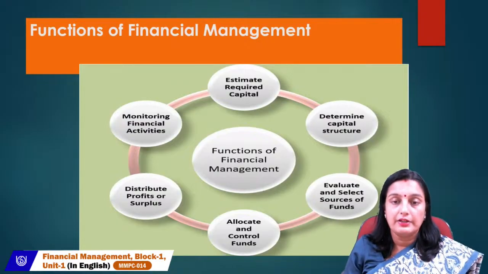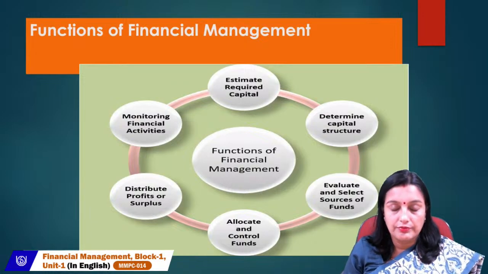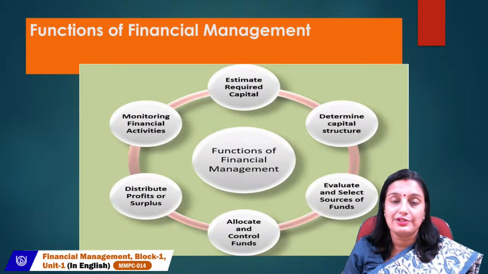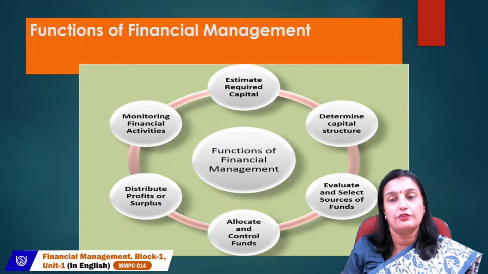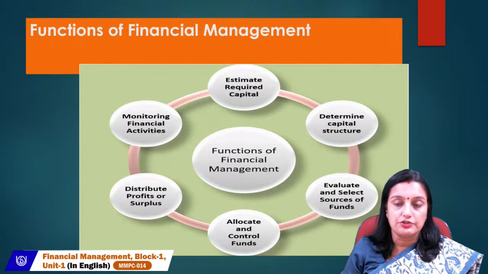Suppose in our capital, we have procured funds in the form of equity, we have procured funds in the form of debentures, we have procured funds from the owner's fund, from bank loans, like that. So there are various sources of capital available in the market. How much capital you acquire from which source depends upon cost effectiveness and the availability to the firm. So determination of capital structure is also a very important aspect of financial management, right?